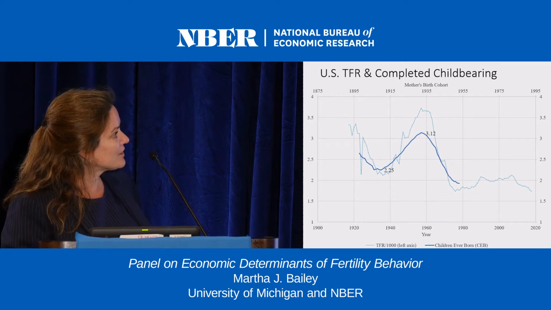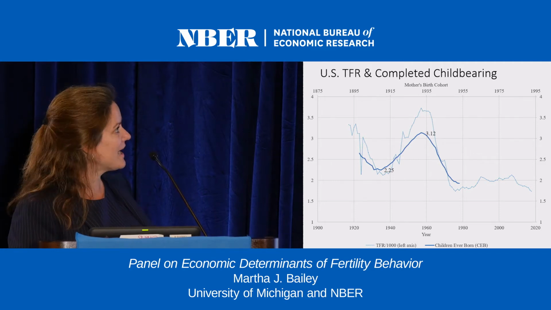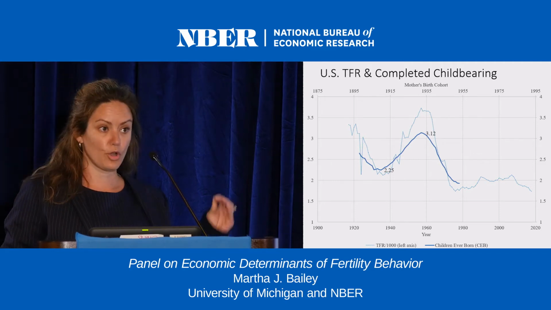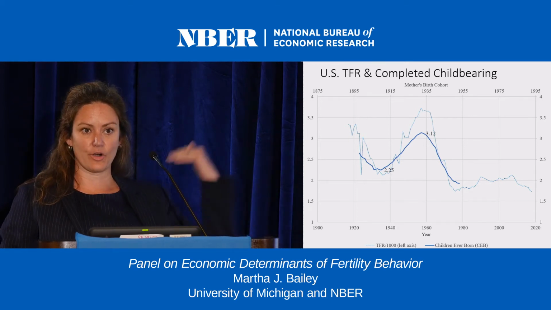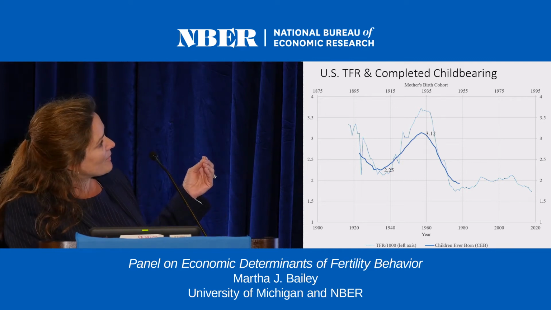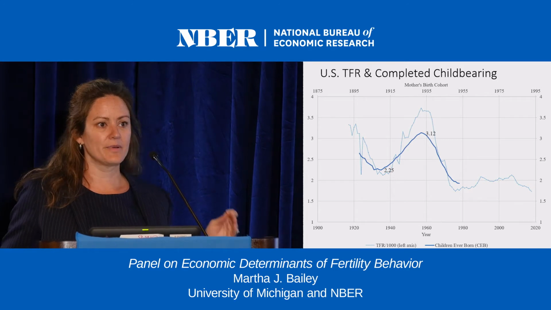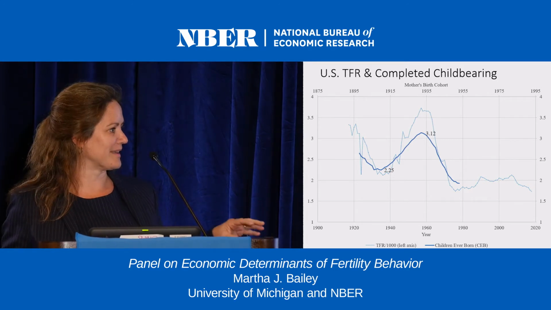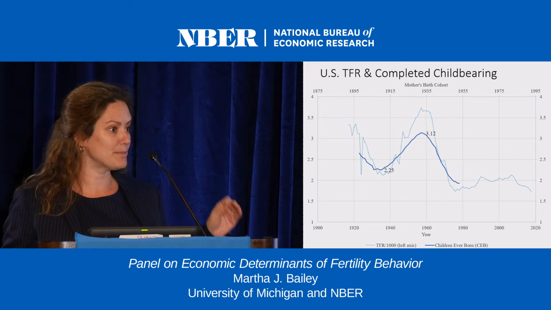So comparing the total fertility rate here in the dashed line, that's what we've been talking about, and that's plotted on this axis in terms of time, to mother's birth cohort plus 25 years, and then looking at her completed childbearing at the end of her reproductive years, plotted up here on this top part, what you'll see is that those line up very closely in terms of pattern. But you'll also notice, and this is part of the points that Karen was making, that you miss pretty wildly in different periods, especially periods in flux.